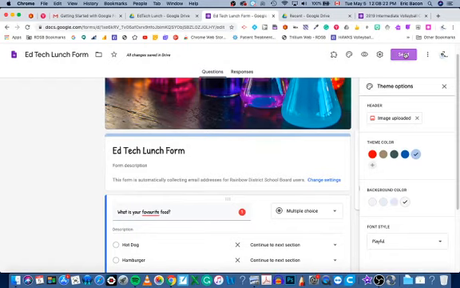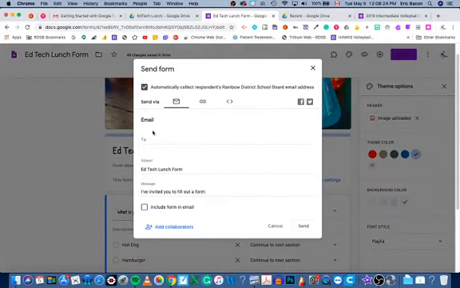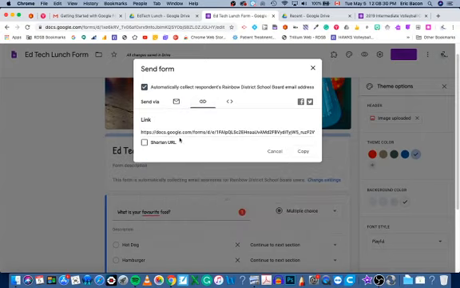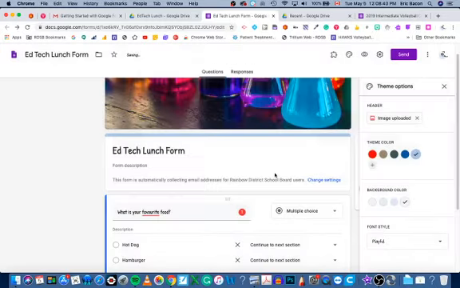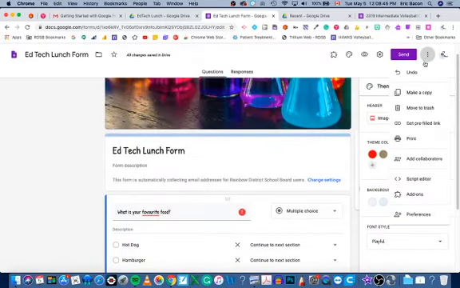Then to send the form, you have a choice. You can send it to email. You can type in emails and it will email automatically. You can create a link and copy that link and paste it. And you can also embed it in HTML as well as share it with Facebook and Twitter and go from there. And your 3 tidbits here, like I call them: you can undo, make a copy, delete this form,